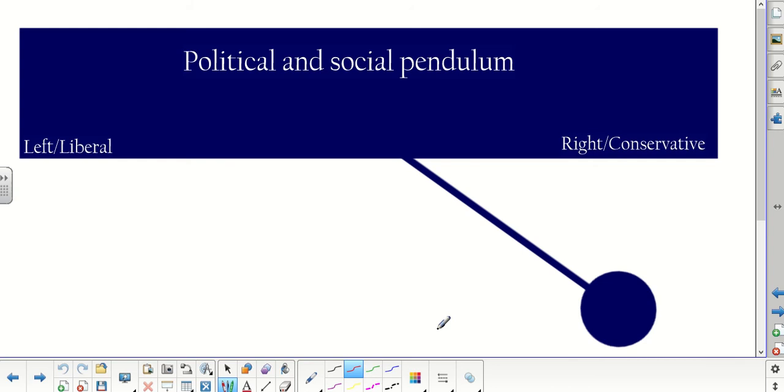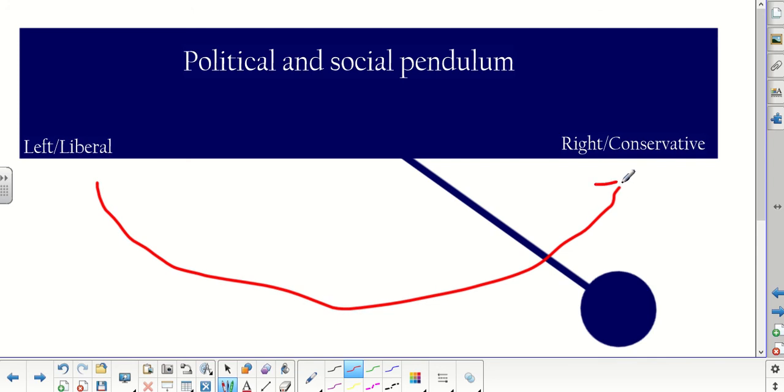Our country, and other countries, frankly, have this tendency to have these swings. This graphic organizer isn't perfect because it won't swing for me, but they tend to swing back and forth. And what happens is, if your country goes through a conservative change, you push and push and push and go more and more conservative until it reaches a breaking point, and then you tend to have a pretty big swing back liberal.